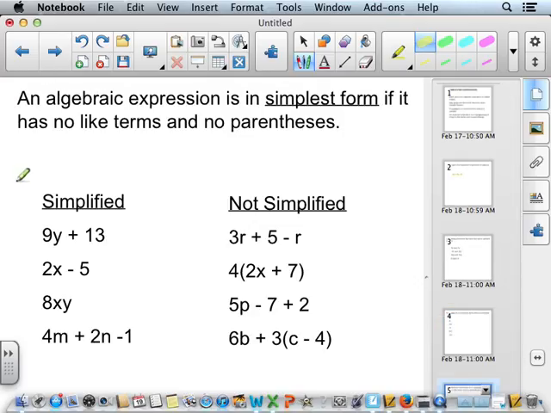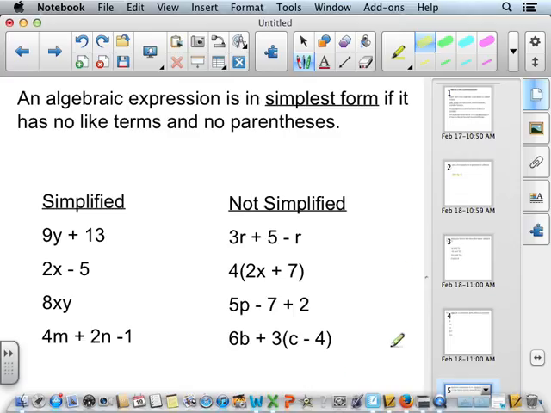Next, I have simplest form. An algebraic expression is in simplest form if it has no like terms and no parentheses. Here I have 4 examples of algebraic expressions that are in simplest form. 9y plus 13 has no like terms and no parentheses, so it can no longer be simplified. 2x minus 5 has no like terms and no parentheses. 8xy is in simplest form. 4m plus 2n minus 1 is in simplest form. None of these can be simplified any further because they have no like terms to combine and they have no